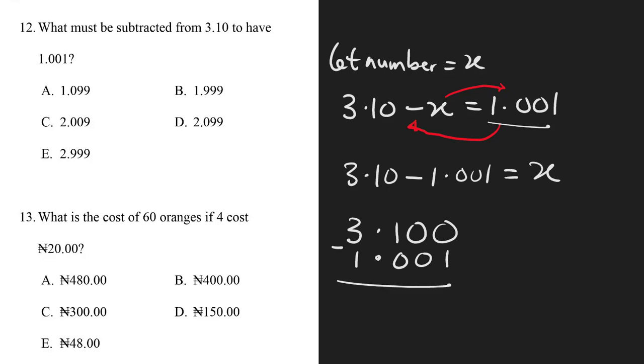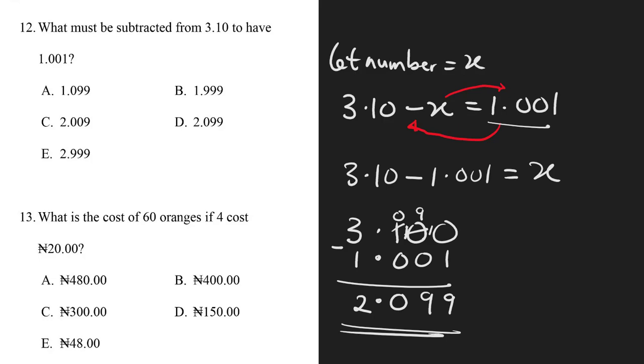0 minus 1, of course, is impossible, so we'll have to borrow. If we borrow from here, it remains 0. Put the 1 here, it is now 10. Borrow the 10 again, it remains 9. Put it on this 10, right? So 10 minus 1 is 9, 9 minus 0 is 9, and 0 minus 0 is 0. Point. 3 minus 1 is 2. So the answer is